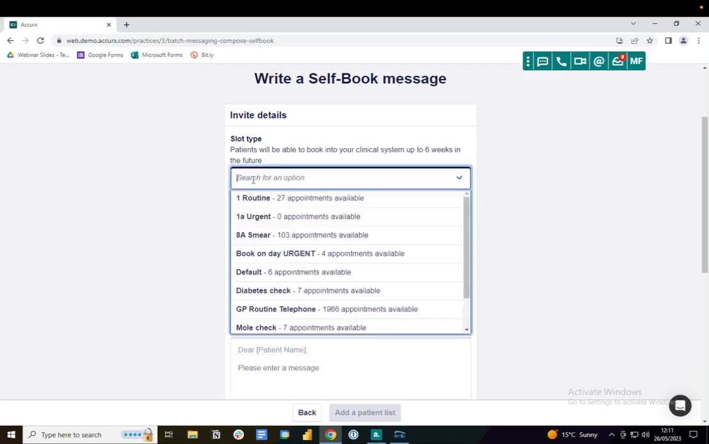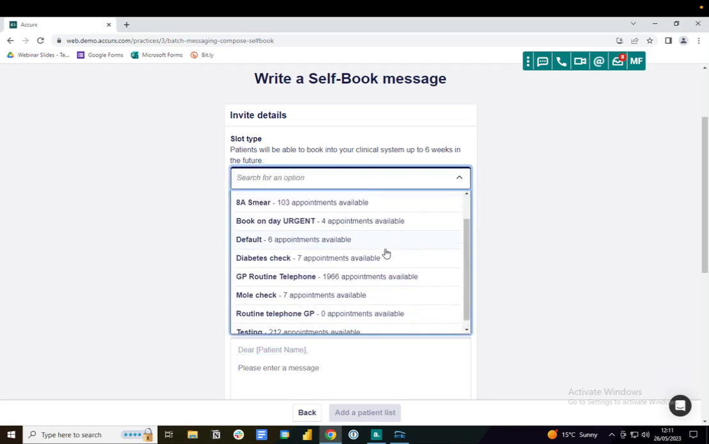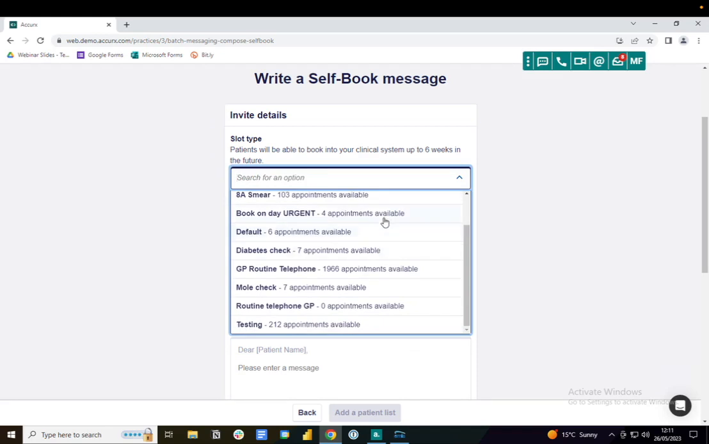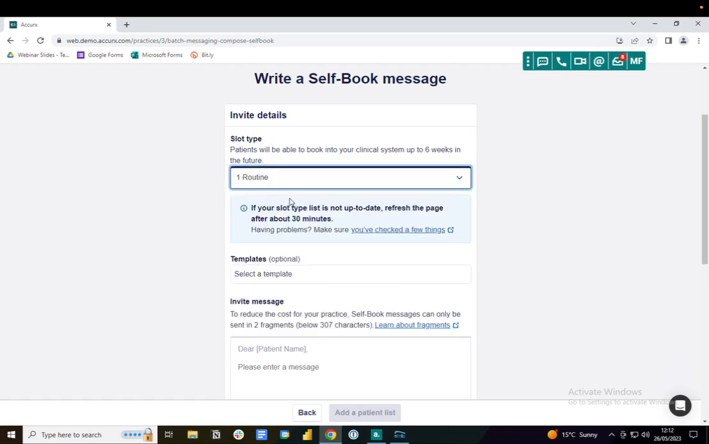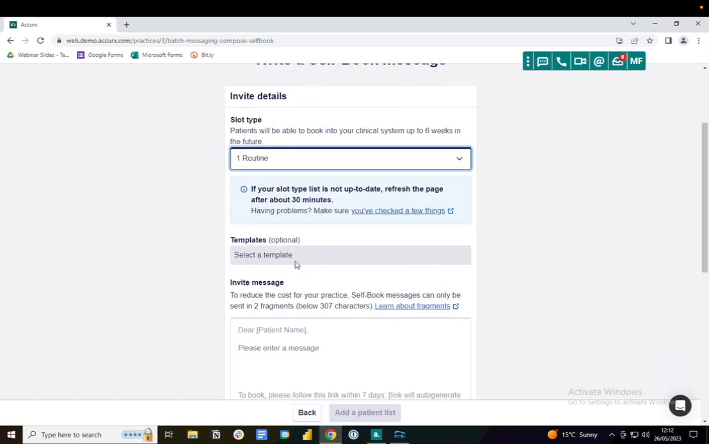So I'm going to click here, and as you can see here, I have a drop-down list of slots that appears, and these slots are all pulled from my appointments book. They are updated every 30 minutes. As you can also read, I can see how many appointments are available for each slot. So I'm going to go ahead and choose this one, for instance,